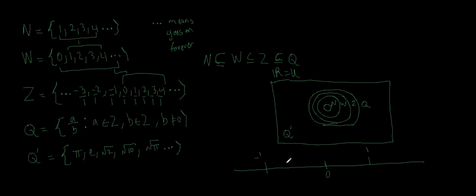So let's just say here is -1/2. Here is a half. Here looks like 1/4. Here could be -1/3. There are infinitely many real numbers